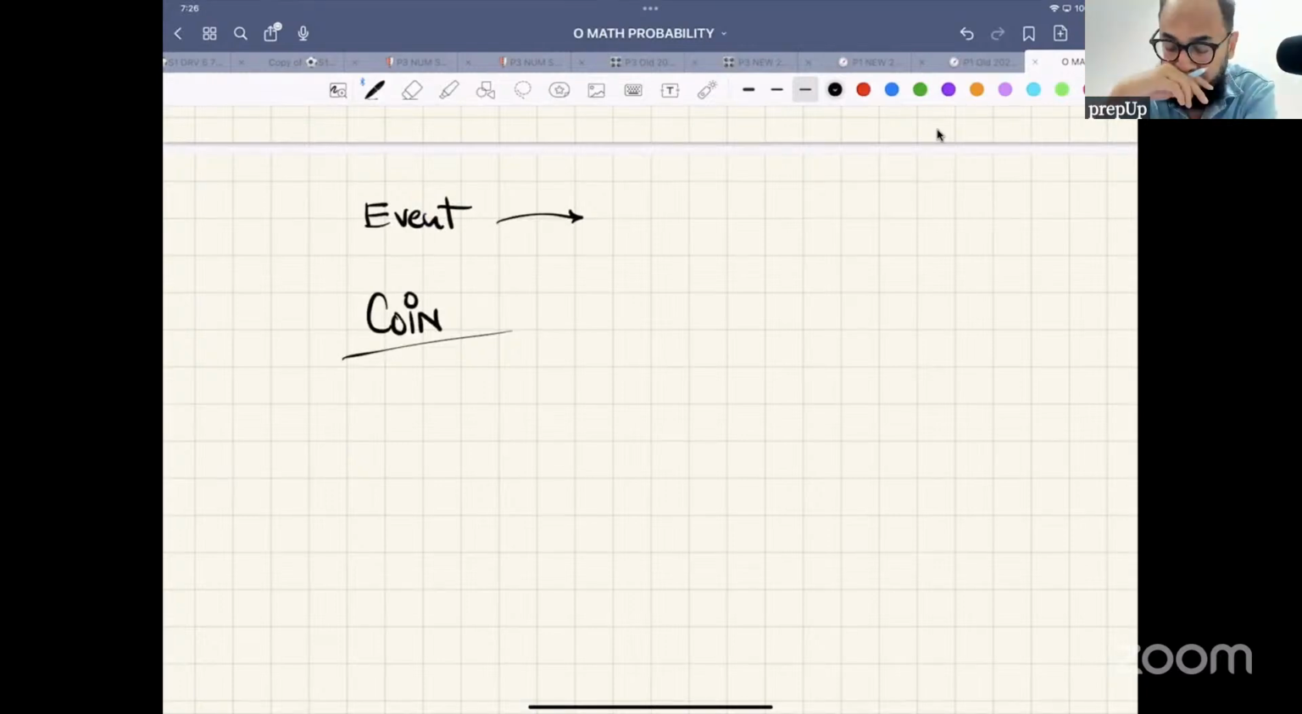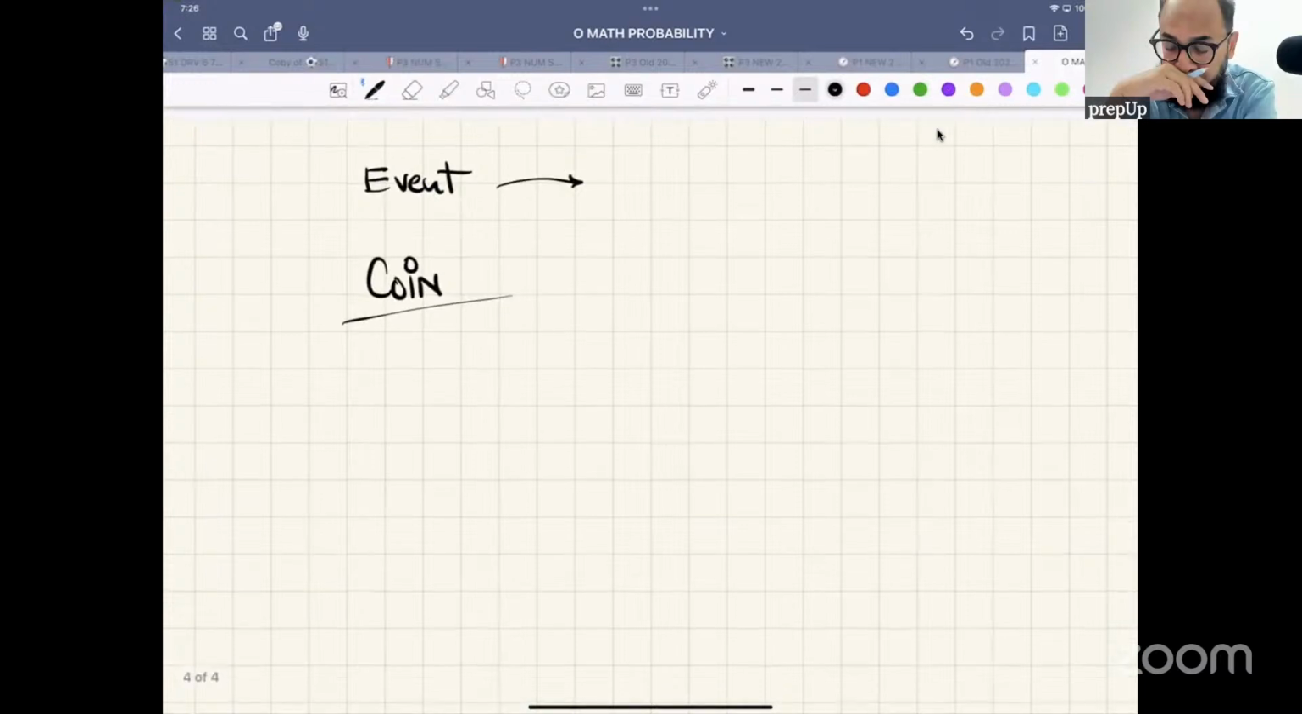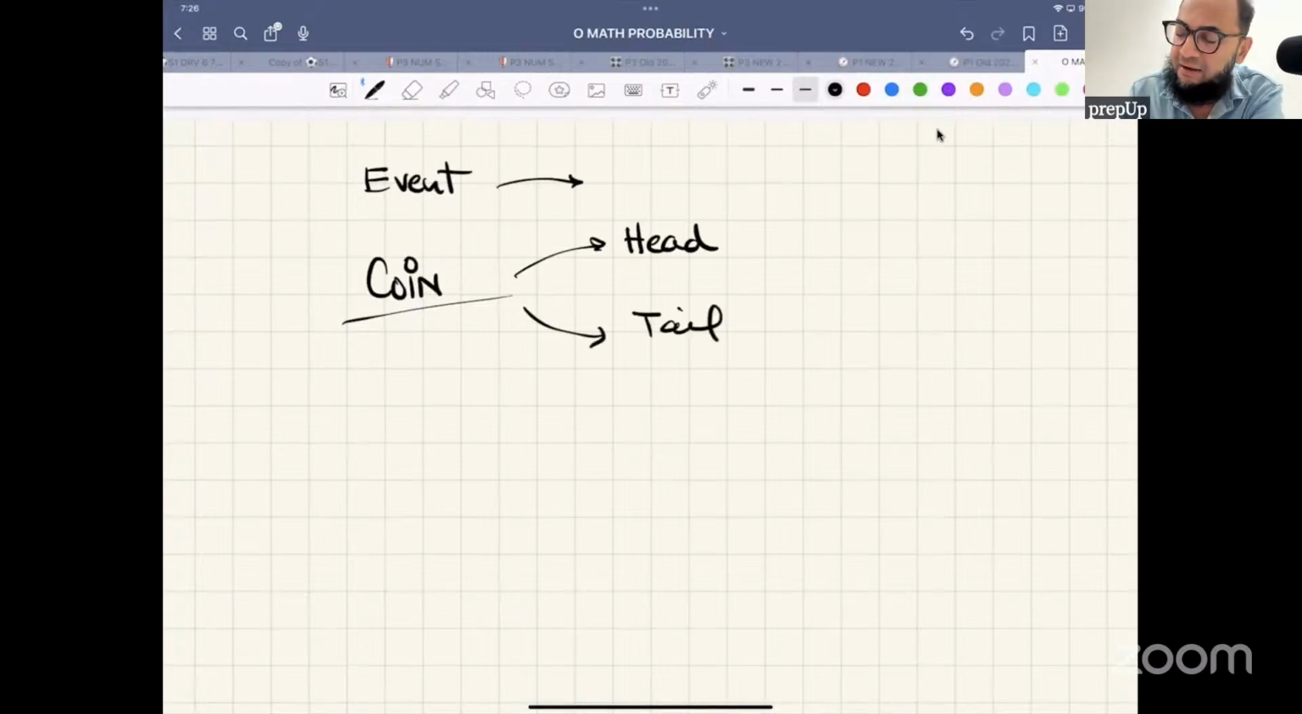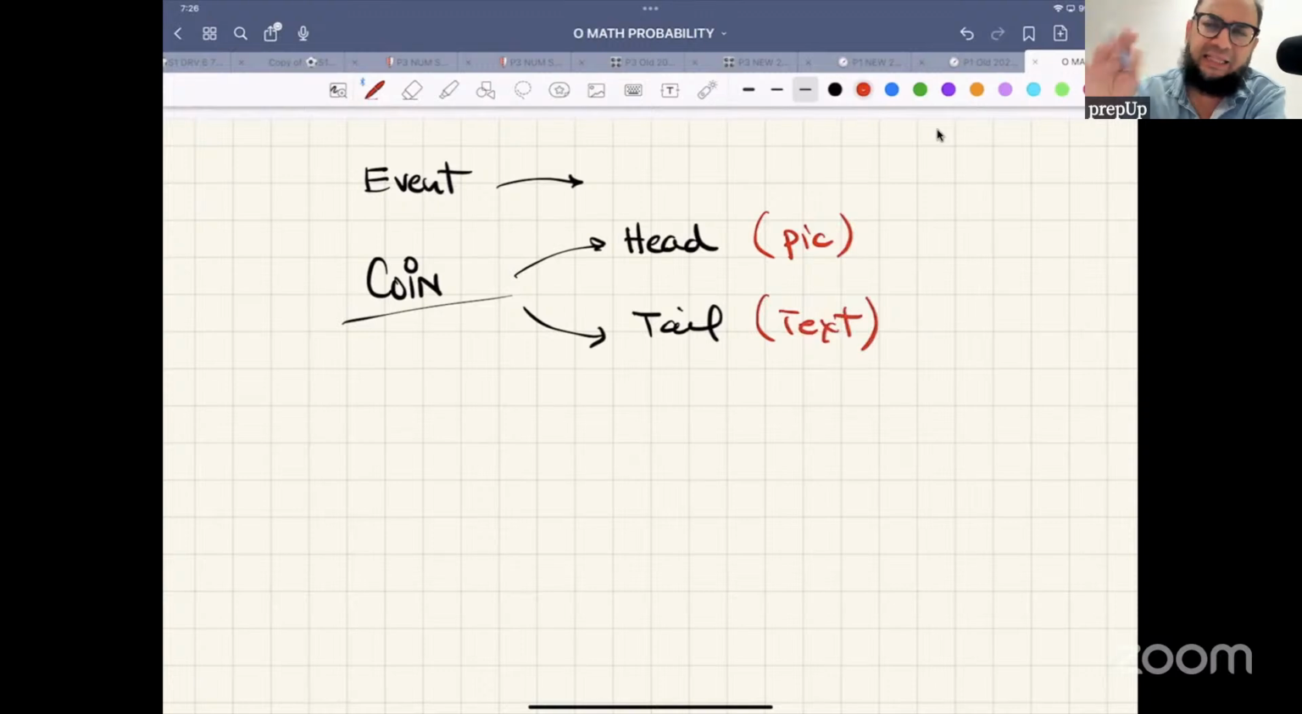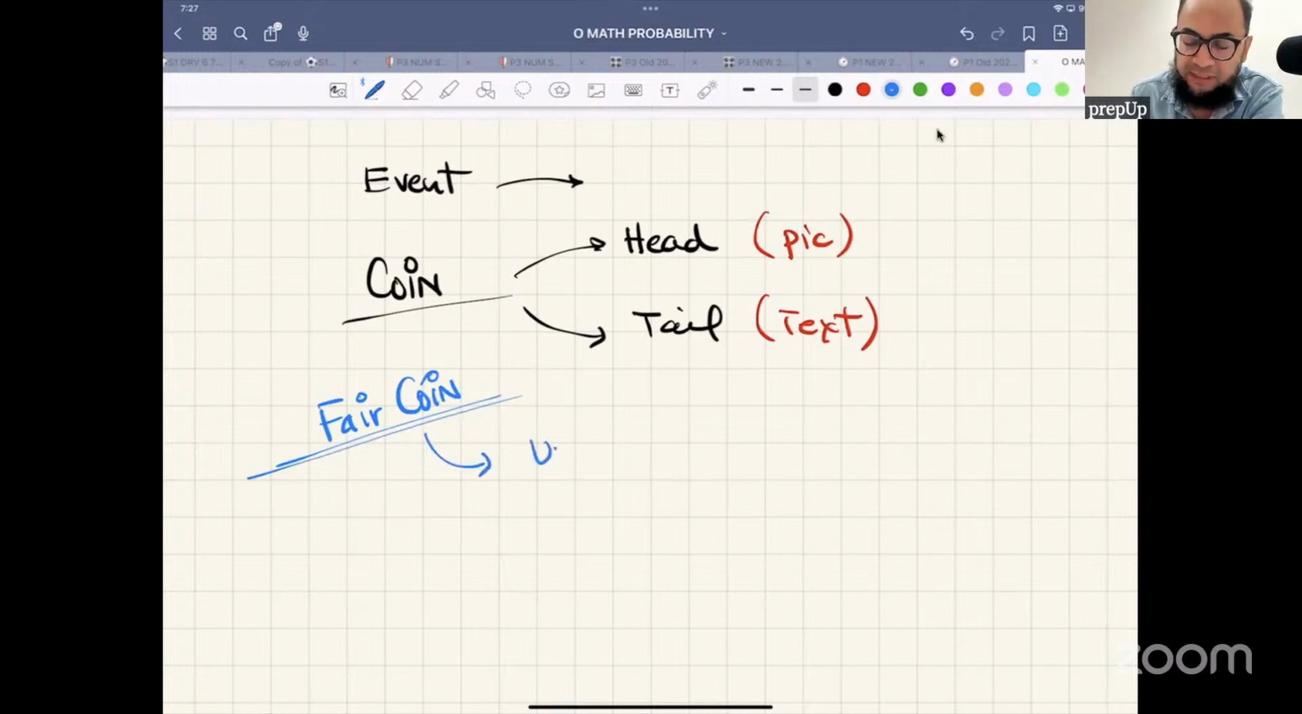So a coin has two faces. There is a face, head, where the head of some famous personality or founder of that country is drawn. And the other one is tail, where something is usually written. So this is usually like a picture, and this is usually like text. That is usually the case. So when we use the term fair coin, what does that mean? Is it fair in color? No, that's not what it means. Fair coin means unbiased,